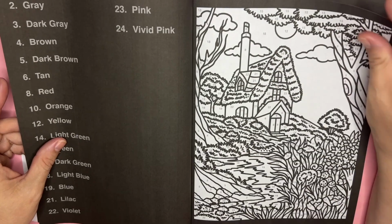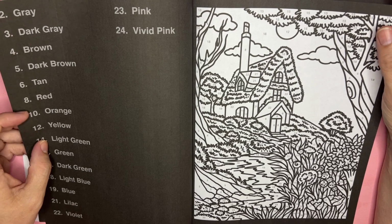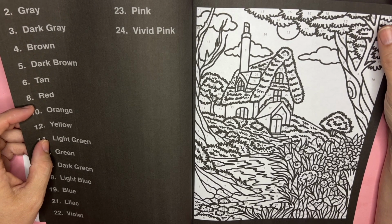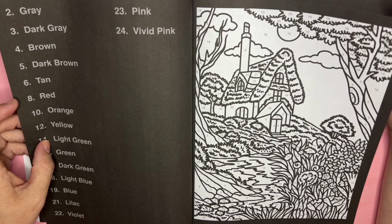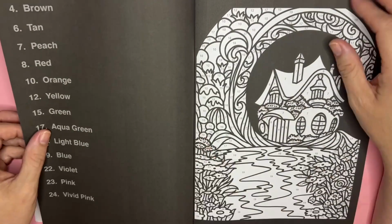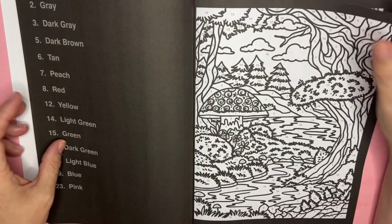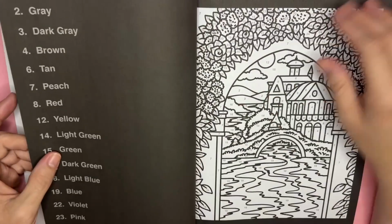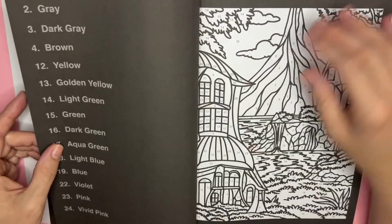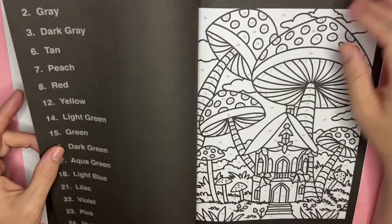This one has a lot of detail. When I see, you know, number 8, red, well, I have 100 different kinds of reds. Which red? I get so hung up on the details. Dark red, medium red, light red, pink red. Then I just give up and do it my own way. And I don't like feeling limited with my colors,